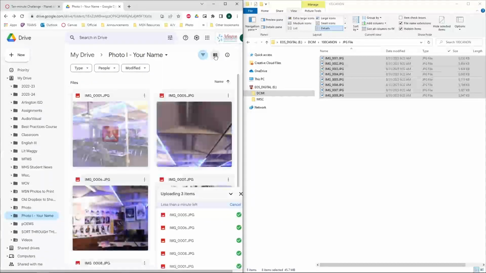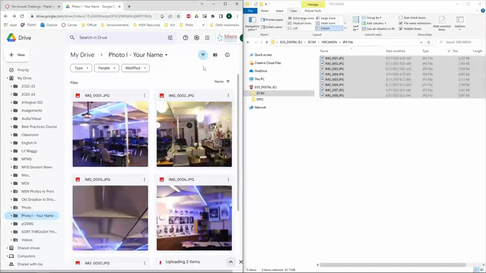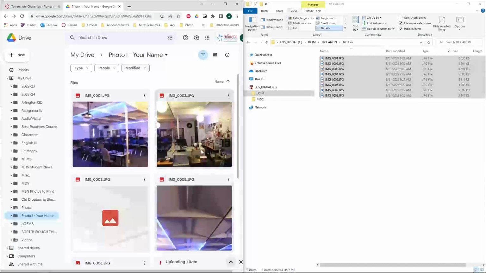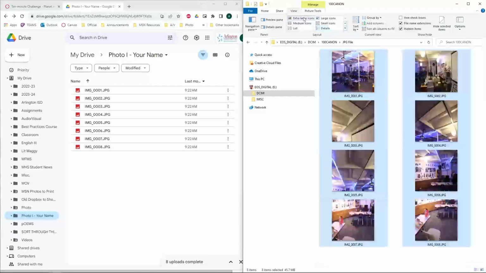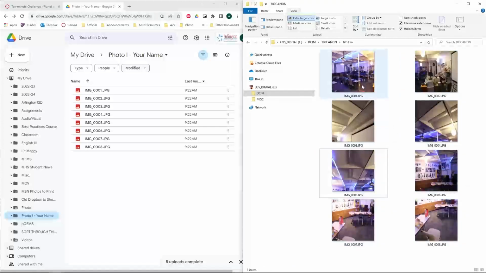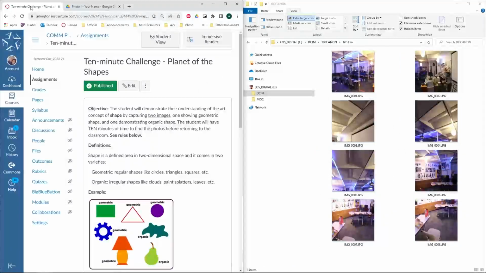And the reason I want you to do this is you're gonna have a backup of all the photos you take this year, right here. And later on, you'll be turning in pictures through this link. But right now, today, we're just gonna focus on making sure you have a backup. So now we've got those photos. We need to just, up in Google Drive, we're not quite done yet because I still need to turn these in. To do that, you're gonna need to go to